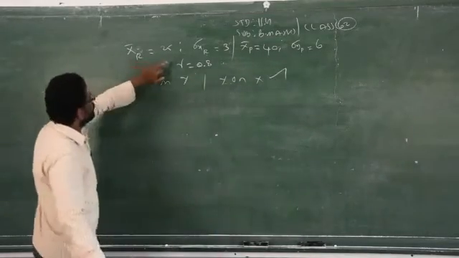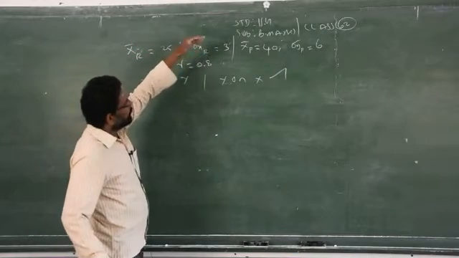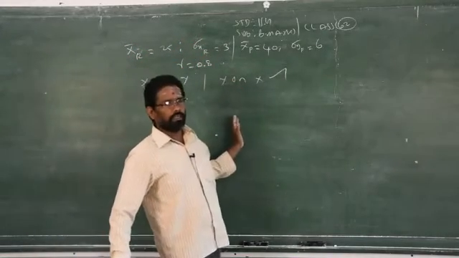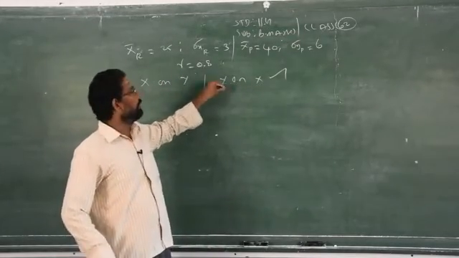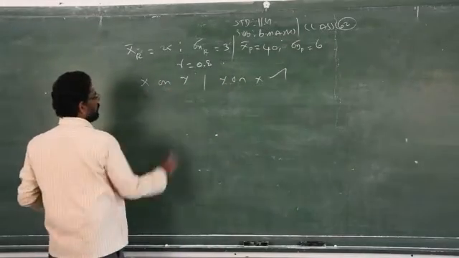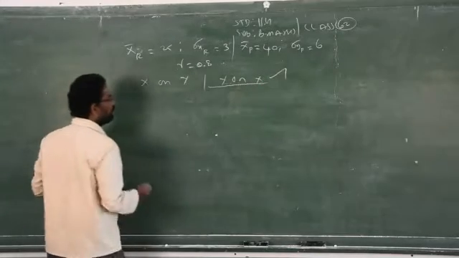Rainfall we consider as which variable? The x variable. Therefore, x is given. You are asked to find out the production, that is y, for which you have to find out y on x. No need to find x on y. So, now I have to find only y on x.